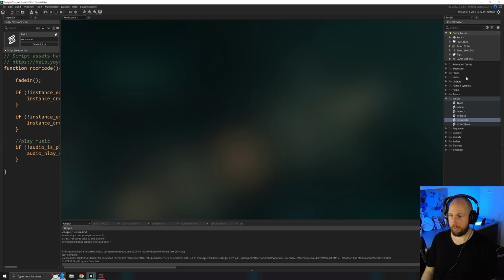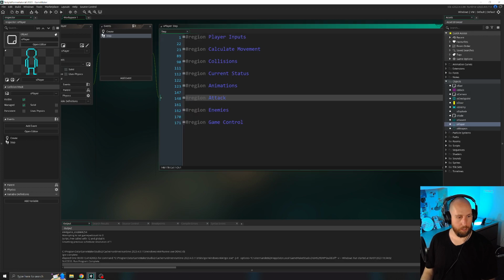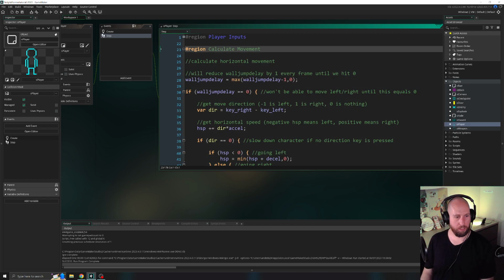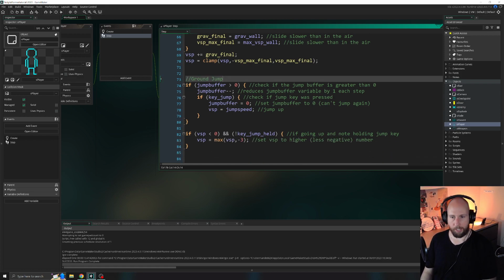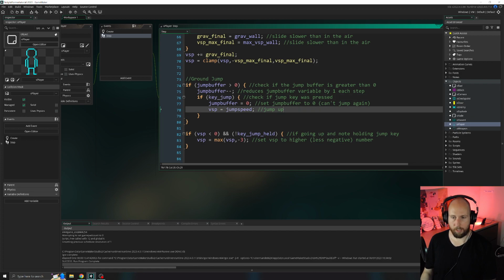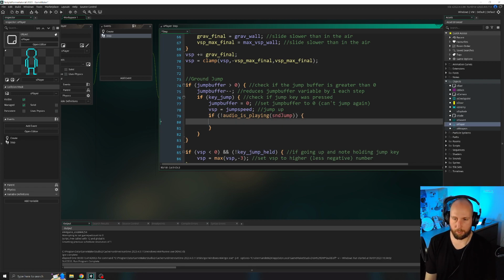All right, for the jump sound, go to OPlayer, step event, and go to calculate movement, and we want to find the ground jump section, gravity, ground jump, here we are. And in the key jump if statement, we want to write if !audio_is_playing(snd_jump) { }, audio_play_sound(snd_jump, 1, false);